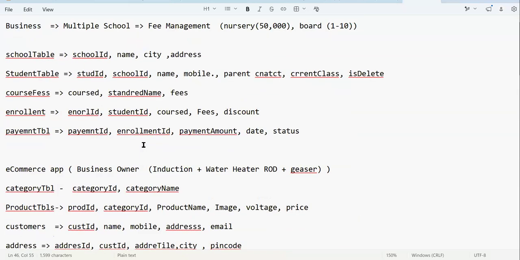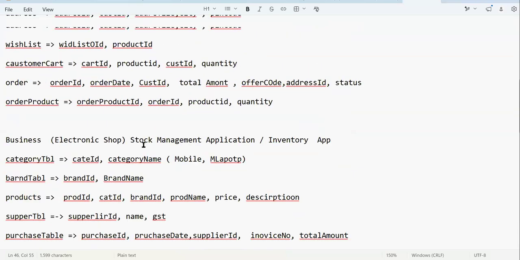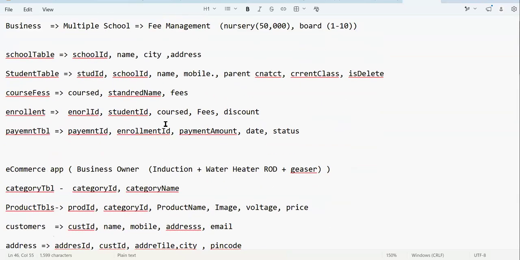So we have discussed three businesses. Okay. Now try to create the tables for these. Last session we asked ChatGPT and Claude